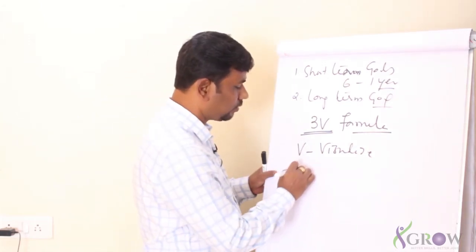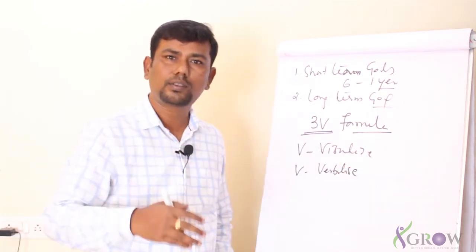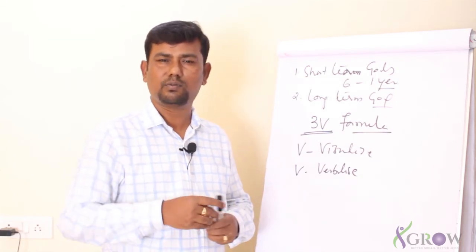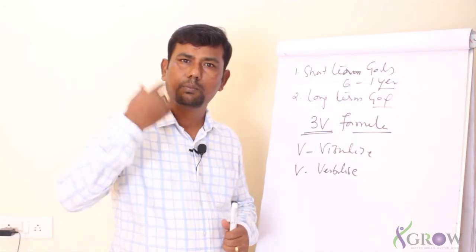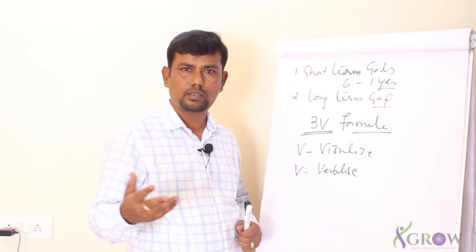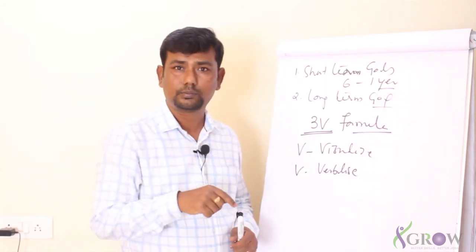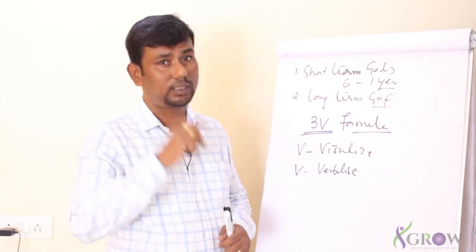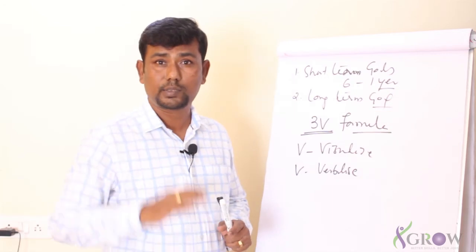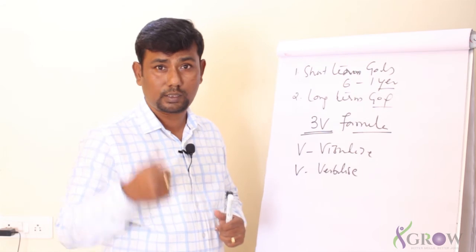Then the second V, verbalize. You continue to talk about this with the people around. Again, I'll go back to the story. Wherever a lot of emotion got attached, people by default, without being told, continue to talk about their goals. So when you attach your emotion to that, you will talk to the people around. When you talk to the people around, there are two things that will happen. One is you will have fear within: I already told them that I will achieve this goal. If I don't achieve it, then what? People question me. That's one thing.